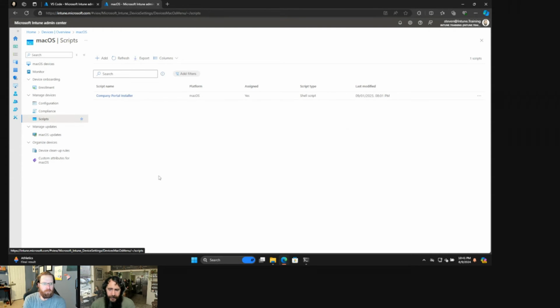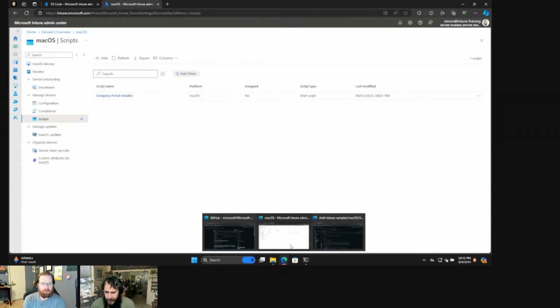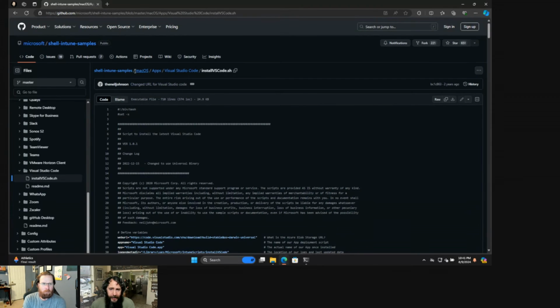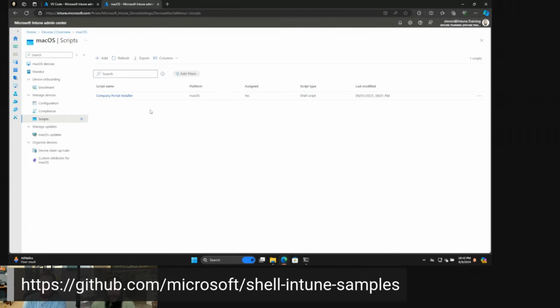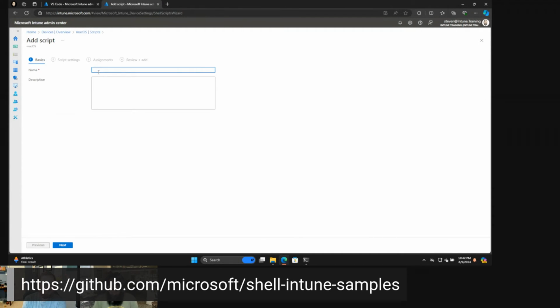and we're going to set a very simple policy. So what I've already got here is our VS Code shell script. I'm going to download the raw file because it needs to be a SH file, and you'll see that I've got it there. And let's go and minimize that one. And we're going to add a shell script. We're going to call it install VS Code for macOS because we want to be descriptive, lowercase m,